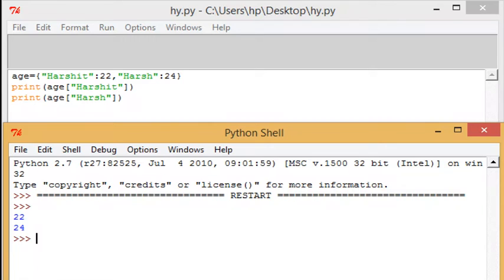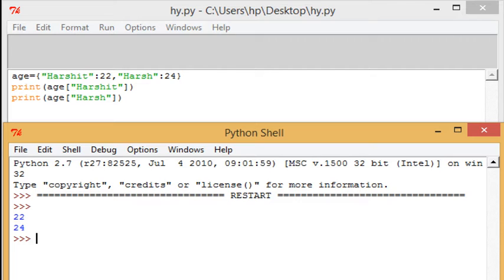Let's understand with the help of an example how we use dictionaries, how the keys are used in a dictionary, and how we can execute it. For example, here you can see I have provided some statements in a Python shell. I have defined a variable, say age. In age, I am using two names. First I have used Harshit, then I have used Harsh. For those two names, after a colon I have given two numbers, 22 and 24, specifying the age of that particular person. So what are 22 and 24?